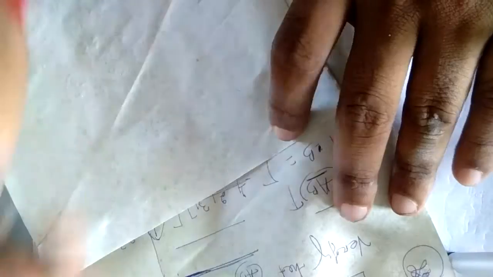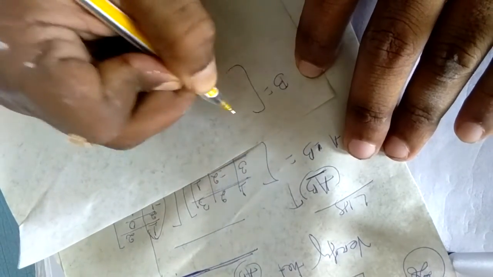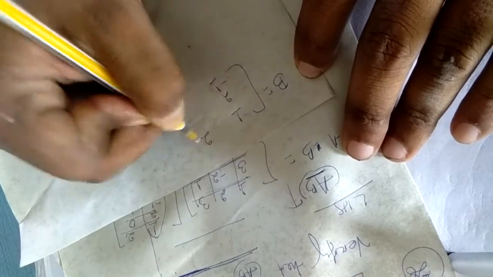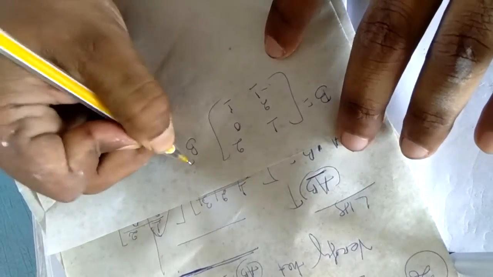Matrix of B will be 1 2 minus 1, 2 0 1, and B transpose equal to